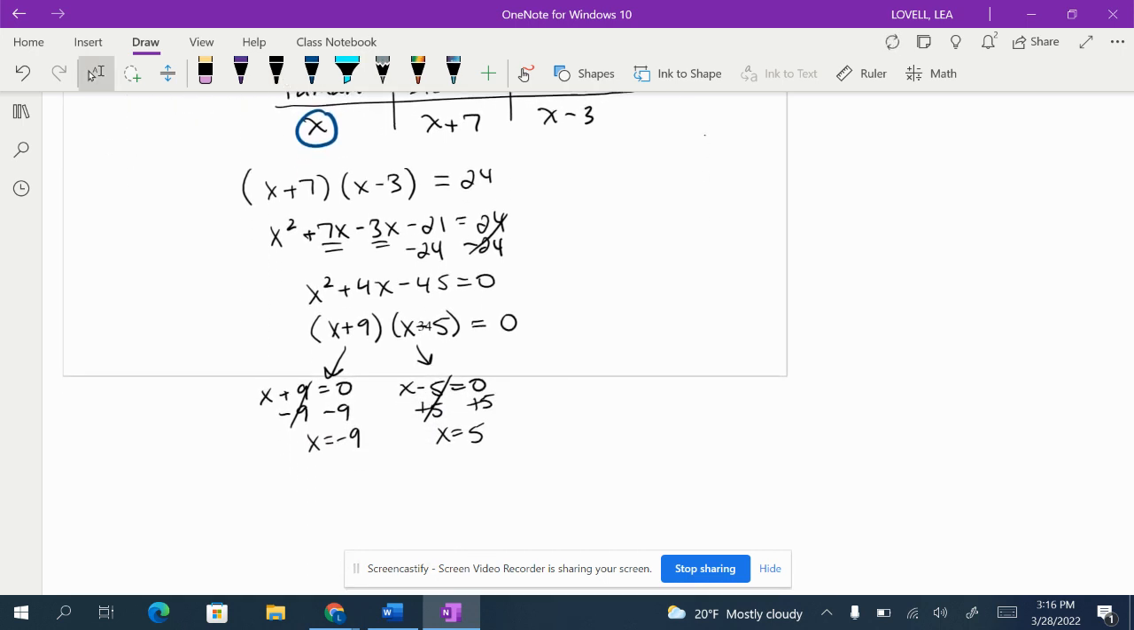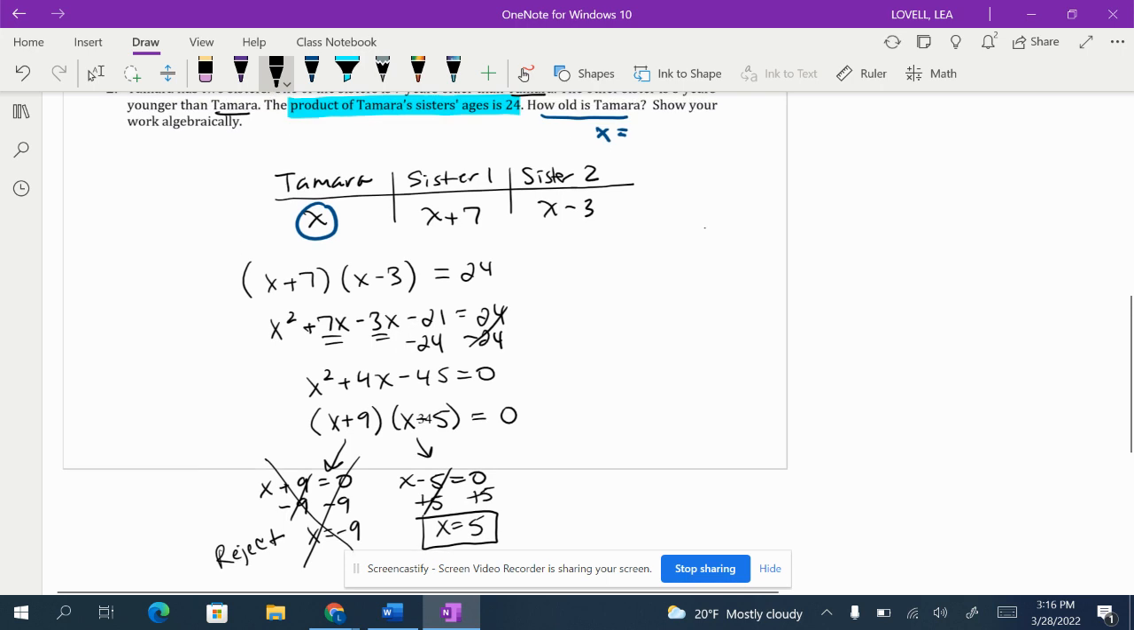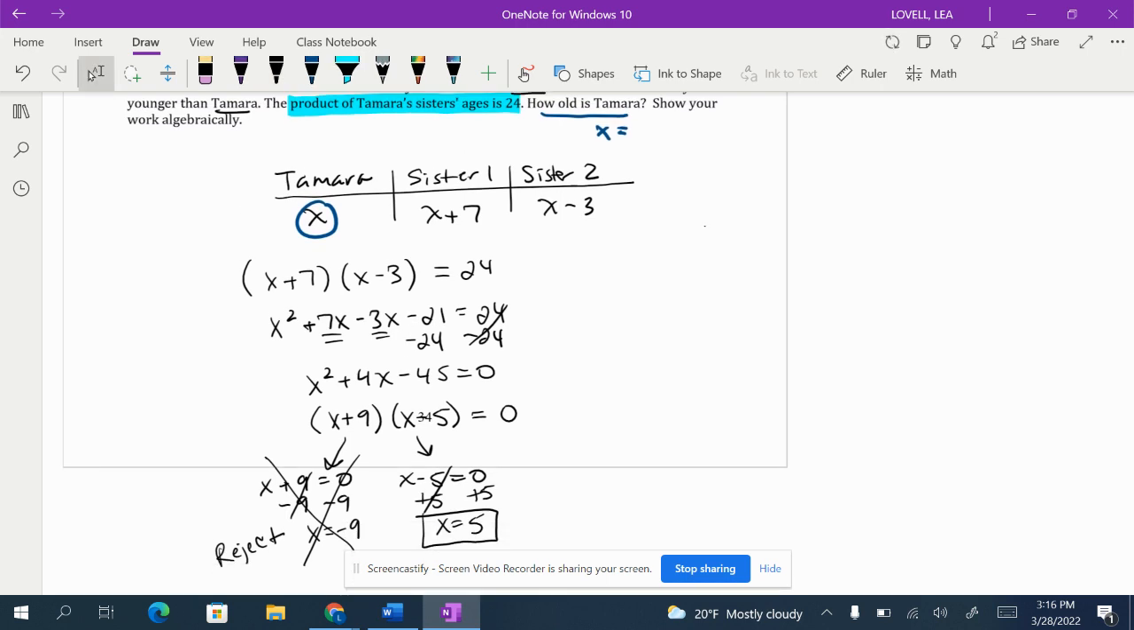Now let's think about this. Have you ever met somebody that was negative 9 years old? No, neither have I. So in terms of the problem here, negative 9 doesn't make a whole lot of sense, and we're going to go ahead and reject that answer choice. x equals 5 makes wonderful sense, though. We totally know people that are 5 years old, right? So how old is Tamara? Let's make sure we put our answer in a full sentence, like this is the Regents. We would say Tamara is 5 years old. You should probably include the period in the box, but